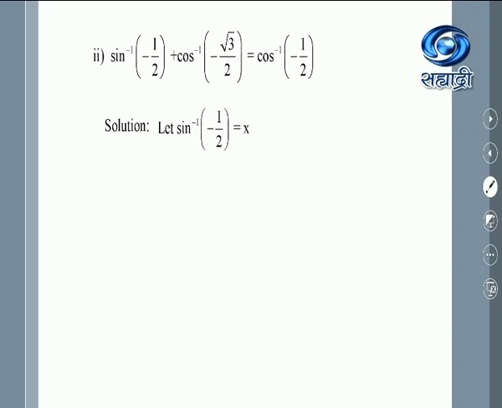Let sine inverse of minus 1 upon 2 be equal to x. By the definition of inverse trigonometric functions, we write sine of x is equal to minus half. You know sine 30 degrees is equal to 1 upon 2, right? Therefore, minus sine 30 degrees is equal to minus 1 upon 2, and minus sine 30 degrees is nothing but minus sine pi by 6. Okay. Now, this minus sign we don't want outside. So with the rules we are writing, don't change the meaning, the value of the term.